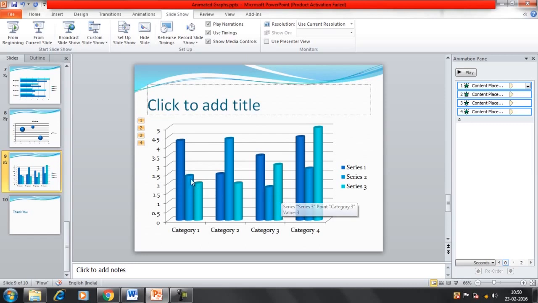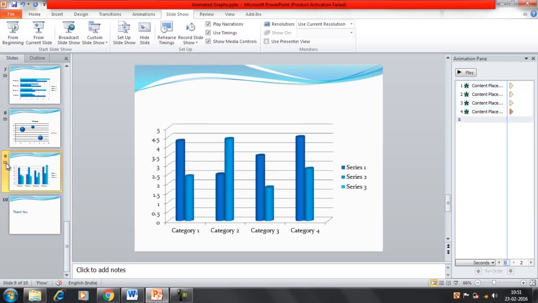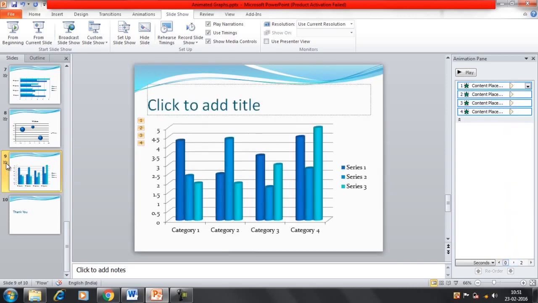So this is how it's going to animate the graph. I am playing this animation once again and you can see what's going to happen now. I have applied the appear animation here. It's showing you the pillars one after the other.